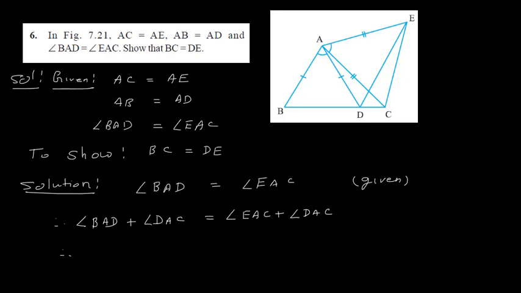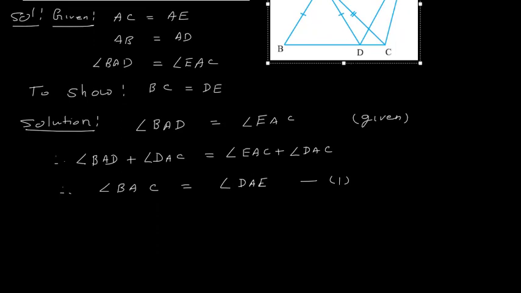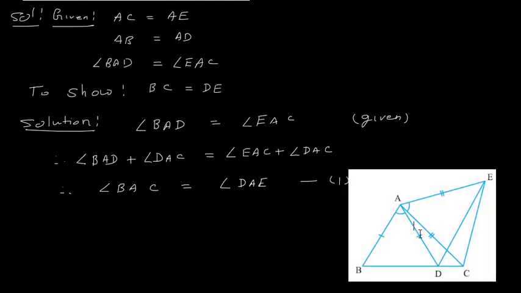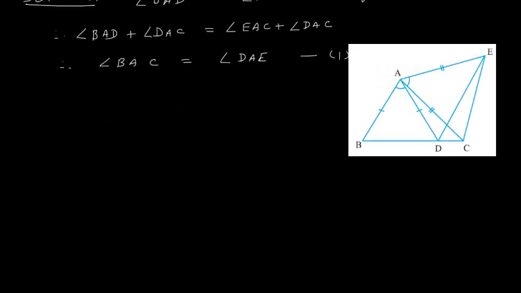So BAD plus DAC is angle BAC. Therefore angle BAC is equal to angle DAE. These two angles are equal. I will consider this as equation 1. And now I will take two triangles. So let us first move this diagram a little down. Okay. So here I will say that now in triangle BAC